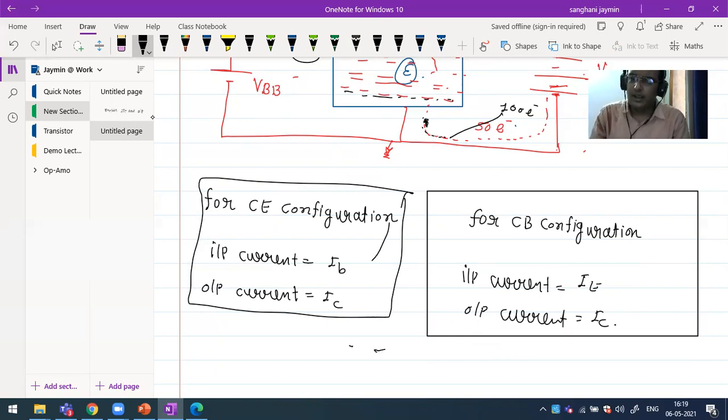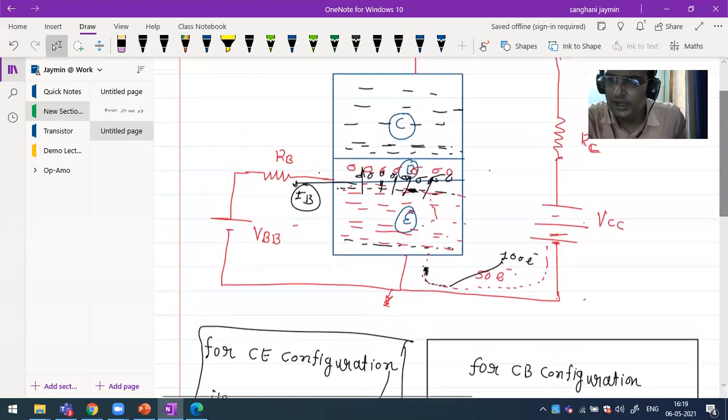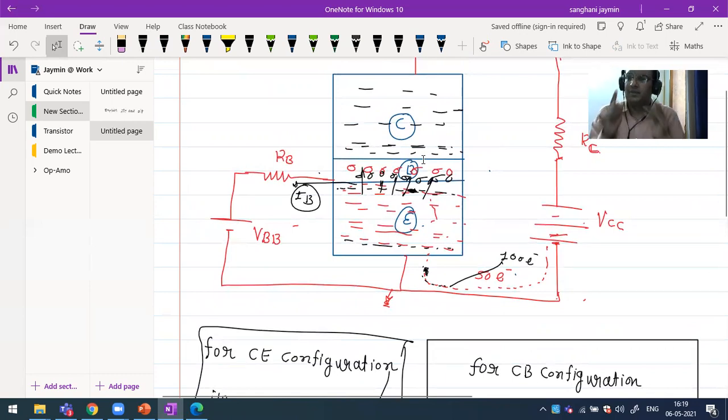That's why, again repeating, there is no physical connection present between the collector and base externally. See this very carefully. A collector and base external connection is not practically possible. Why? Because the emitter is common. Please try to understand this point. That's why all the electrons are transferred via the base and then into the collector. At this point, more than 50, 150, 200, 300, 500 electrons are present.